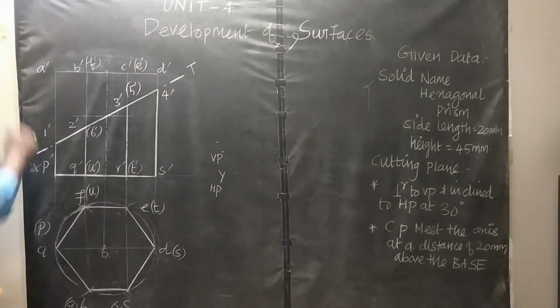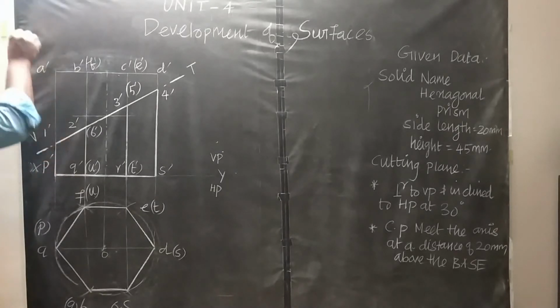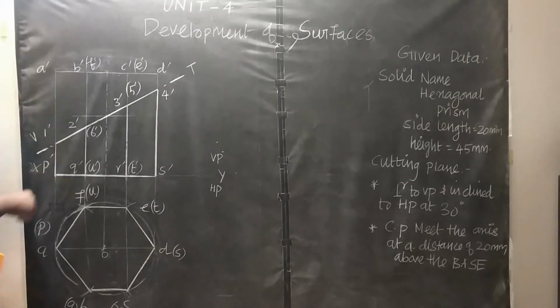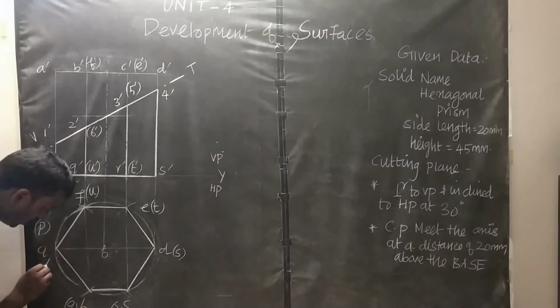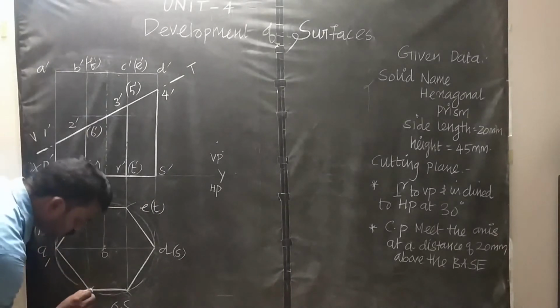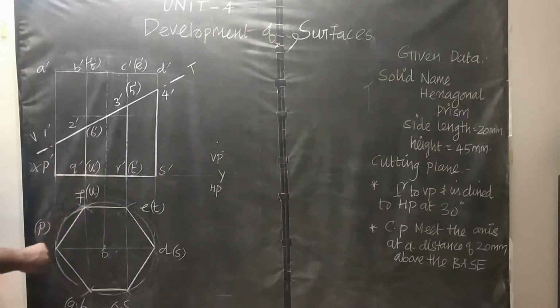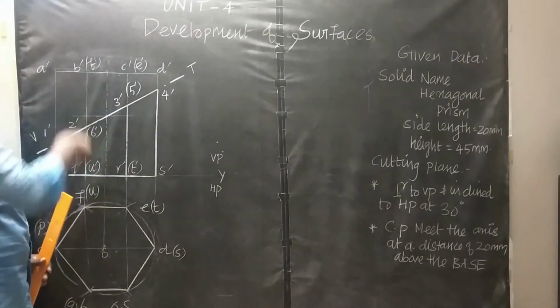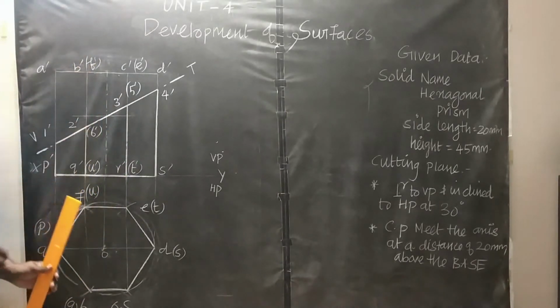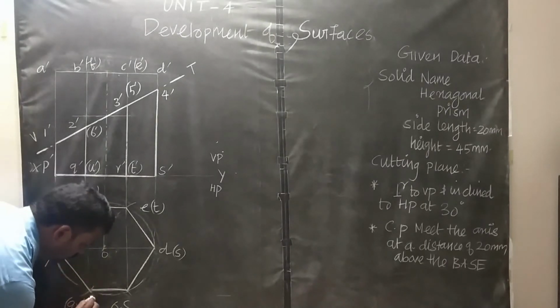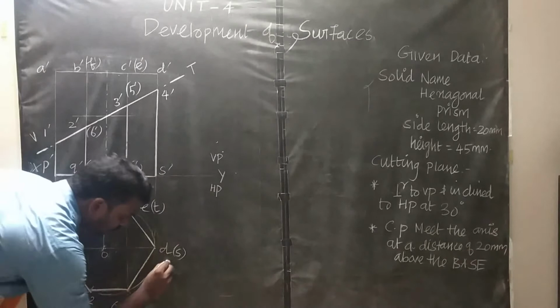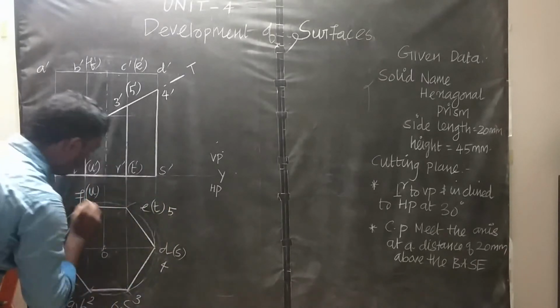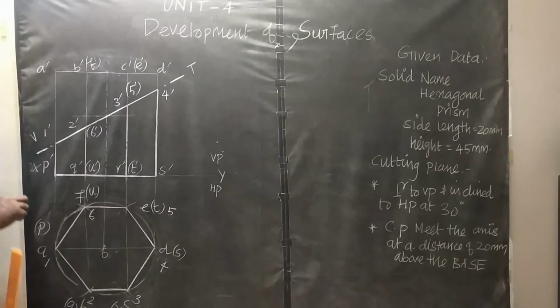See here, in our top view, the point 1 dash lies on this point, because point A dash, point Q dash and 1 dash are in the same straight line. In our top view, all are projected in a single point, 1. Similarly, point number 2: point 2 dash, Q dash and B dash, all these 3 points come in a straight line. In our top view, all these 3 points are projected in the same point, 2. Then 3, 4, 5, then 6.